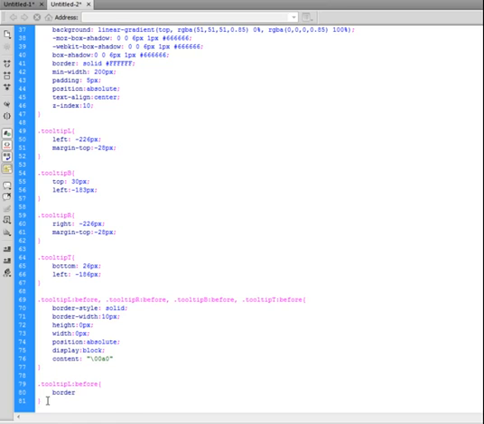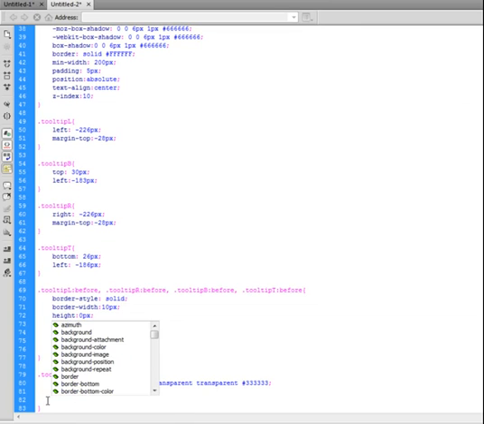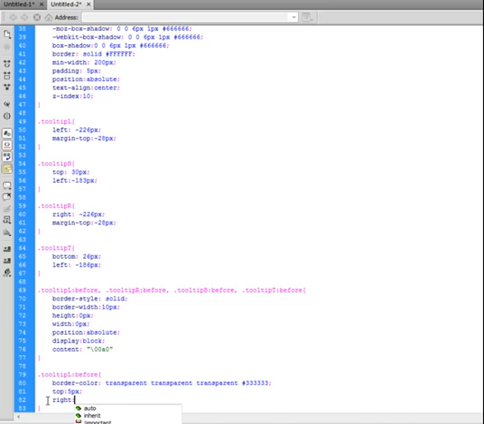So we use border color, transparent, transparent, transparent, and dark gray. Alright, and it's simple as that. Alright, so since this is the left tooltip, we went ahead and made the left hand side of the arrow straight and the right hand side the angled portions. We want to move it down a little bit by 5 pixels and pull it from the right by -20